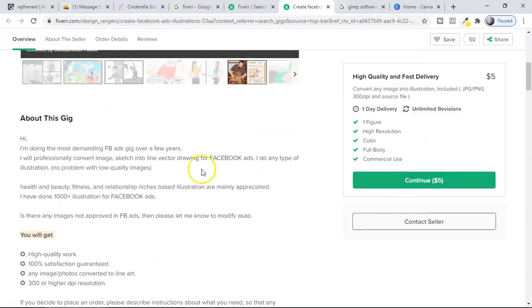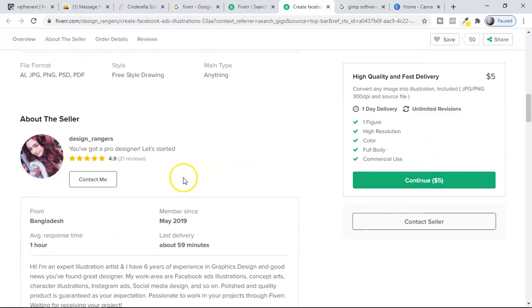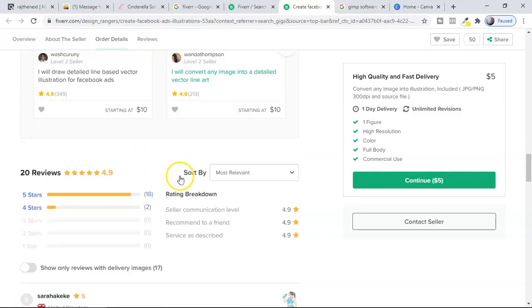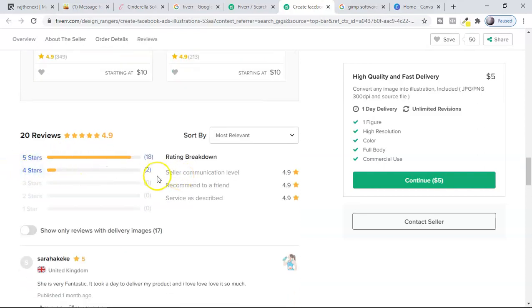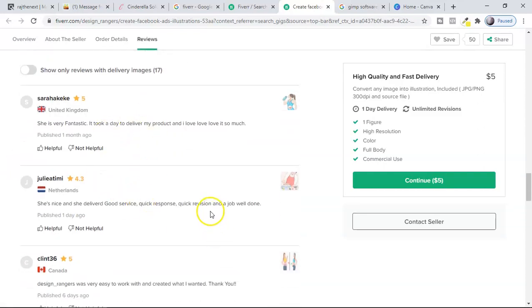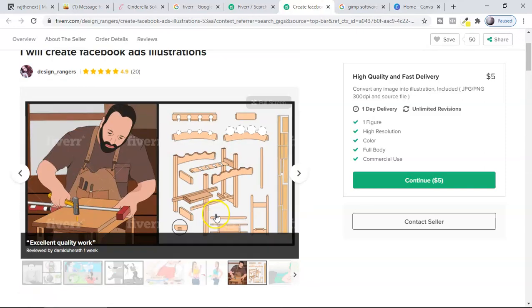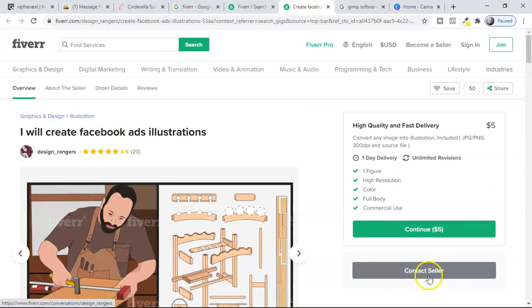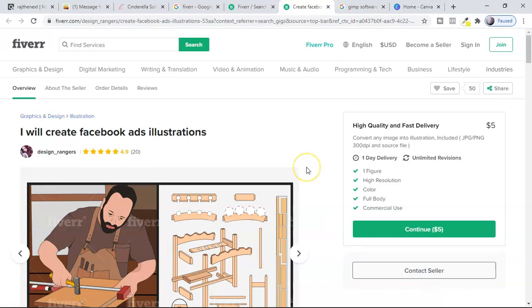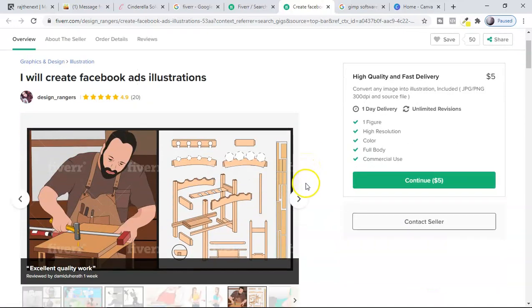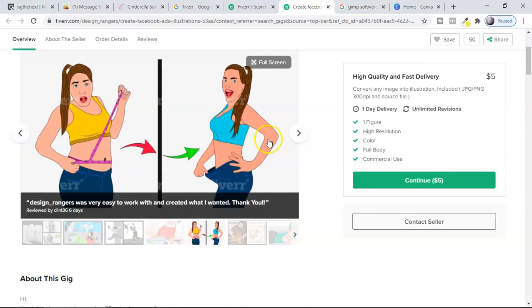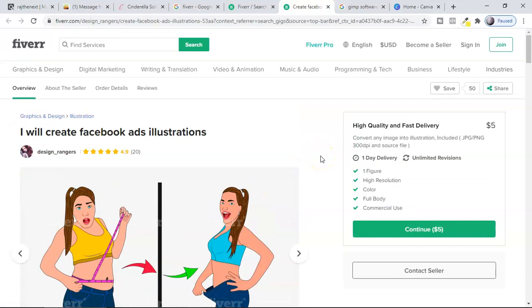And then the very important thing, guys, is to read their rating first. Look at these ratings, like 5 stars, 4 stars. She's very new. You can read the rating, and if you agree, you can just contact her. Click here, contact the seller, and tell her which kind of images you need. You can also show some images of the kind you want, and then they will get back to you right after creating. You have to pay $5 for one image.